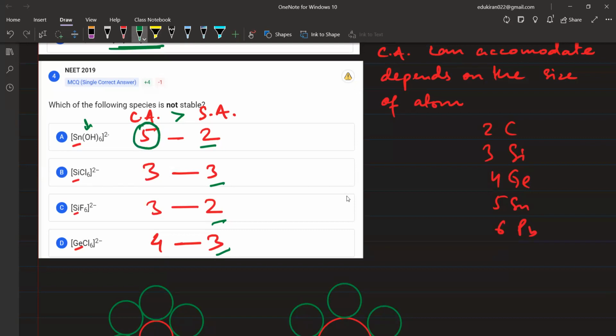Now, tell me this one. Fifth वाला ज्यादा बड़ा होगा या second period का atom ज्यादा बड़ा होगा? I'm asking again, which will be larger in size? Fifth period or second period? Fifth one will be larger. तो आराम से ये हो सकता है. It will be stable. सही है? बताइए, which will be larger? Third period or third period? They will be same. So this will be less stable या unstable इसको कह सकते हैं,